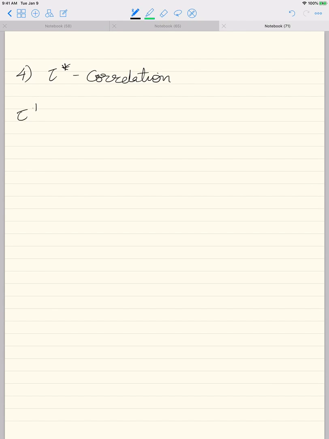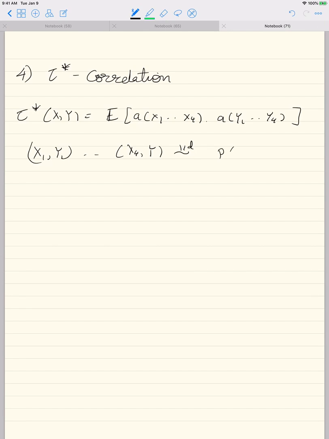It's also defined using 4 copies of random variables, where x1, y1 to x4, y4 are IID copies of pxy, and